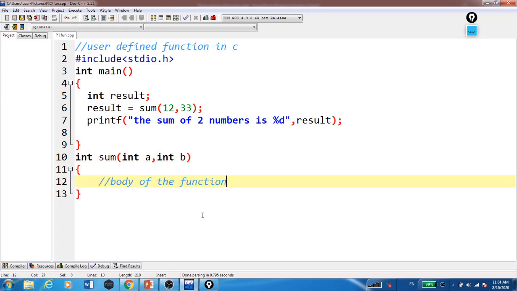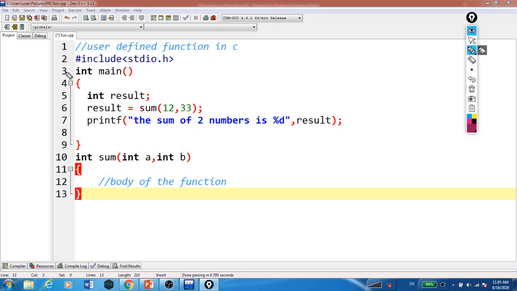And this is the body. But the thing is, the compiler begins its execution from main, and it will come and see the call of the function. It will check whether this sum function is present or not, but the compiler will not look downwards, it will look to its upper side to see whether a function named sum is present.